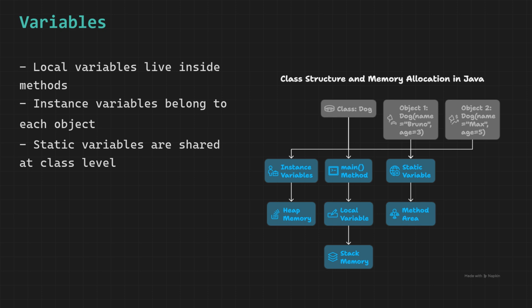Static variables are declared with the static keyword at the class level, shown in the diagram with a separate highlighted box. Unlike instance variables, there is only one copy of a static variable shared across all objects of the class. If you change a static variable from one object, every other object sees the change immediately. They live in the method area of JVM memory. A classic use case is a counter that tracks how many objects have been created. Since it needs to be shared across all instances, it's declared static.